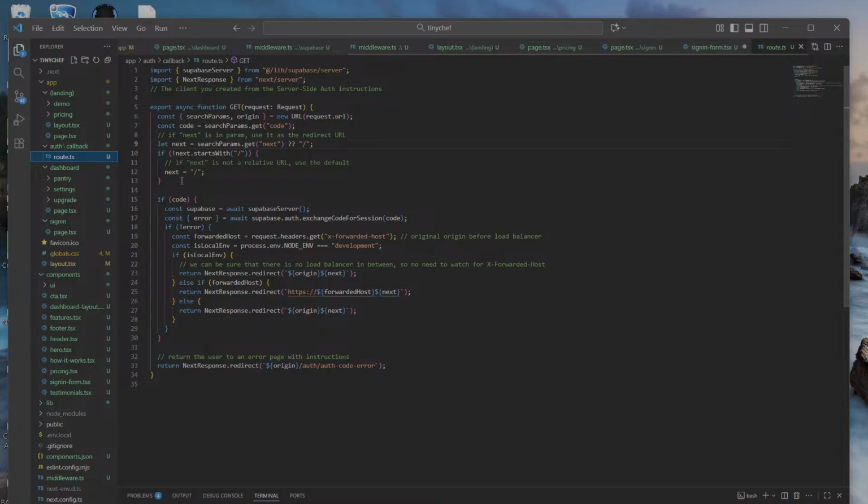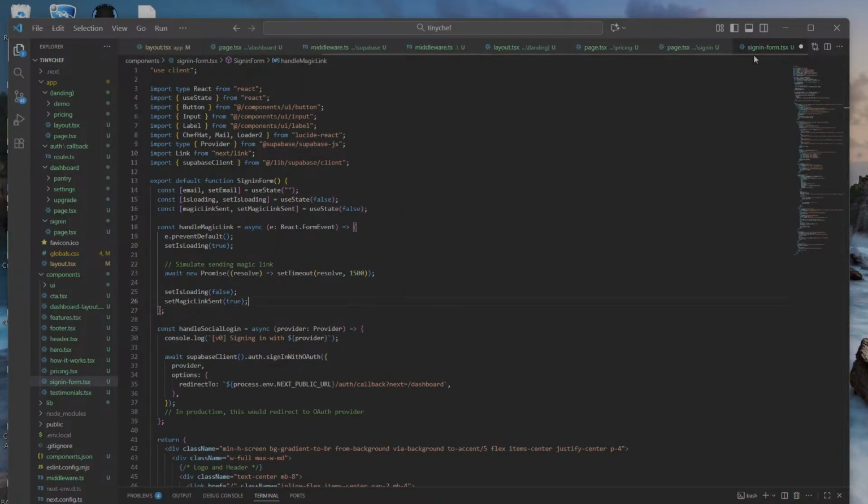So what that's going to do, it's in the code here. I'll show you. In that callback code, it's already checking for this in addition to the code. So it's going to pass in now a code and a next parameter. By default, it's just going to send you back to the landing page, which is what it's doing now. But we're going to pass it now an actual route to send it to. So now, if we save this,